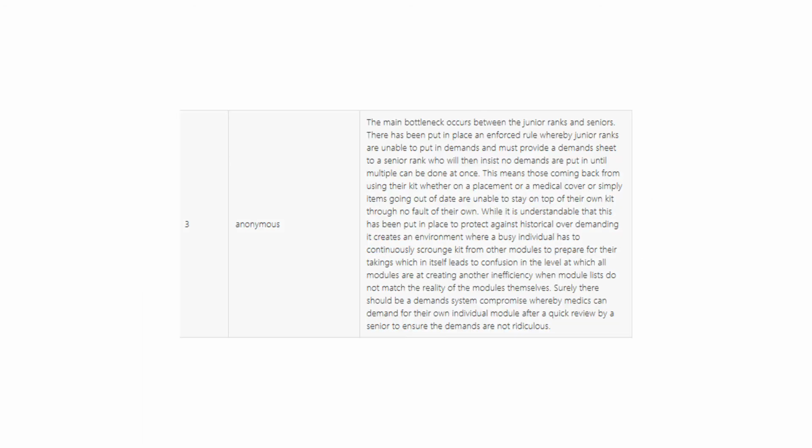The main bottleneck occurs between the junior ranks and seniors. There has been put in place an enforced rule whereby junior ranks are unable to put in demands and must provide a demand sheet to a senior rank, who will then insist no demands are put in until multiple can be done at once. This means those coming back from using their kit, whether on a placement or a medical cover or simply items going out of date, are unable to stay on top of their own kit